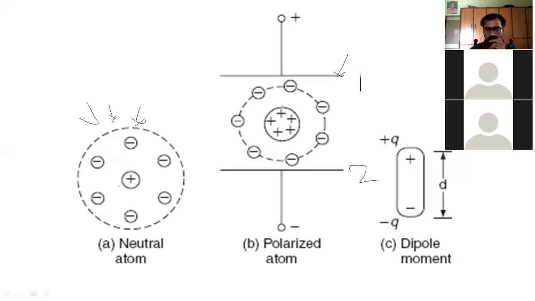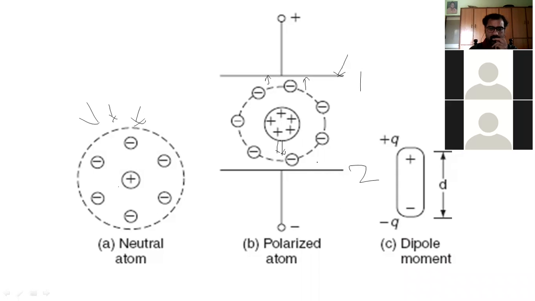That means the charges, that is the positive and negative charges present in the atom, are going to be displaced. The negative charge of the atom moves towards the positive plate, and the positive charge moves towards the negative plate. That is a circulation he has taken. But in real times, when insulators are used, the charges move in opposite directions.